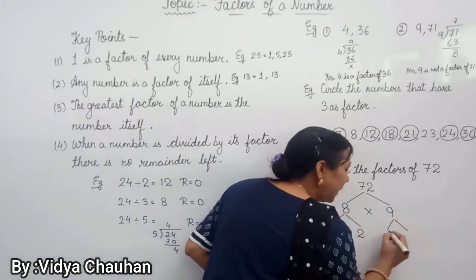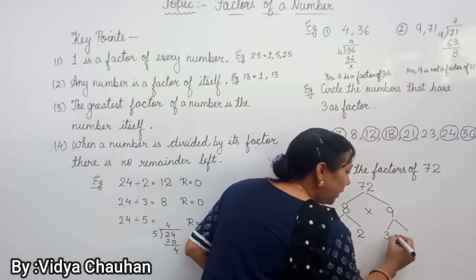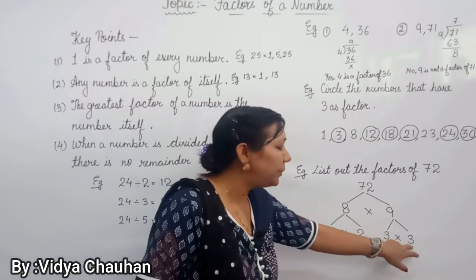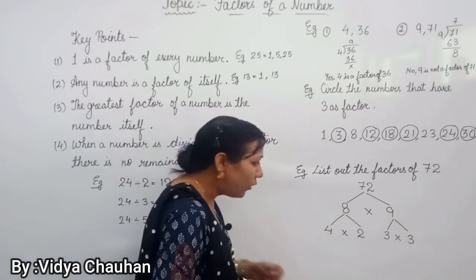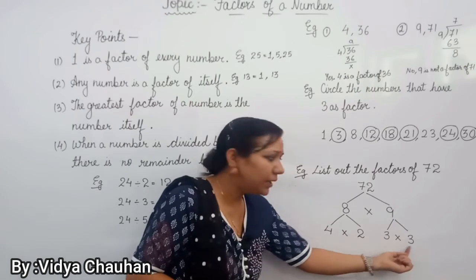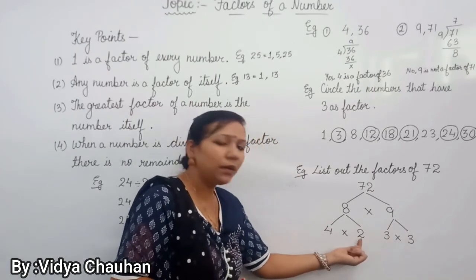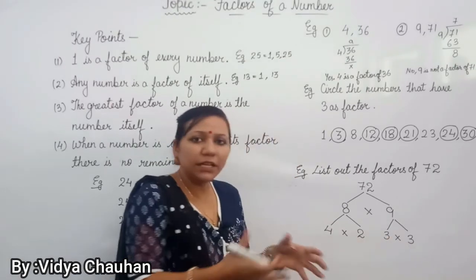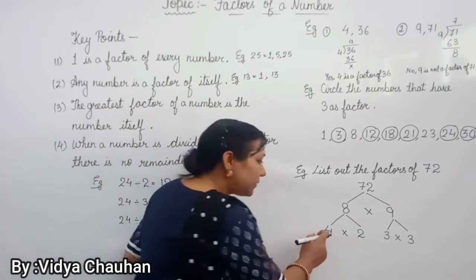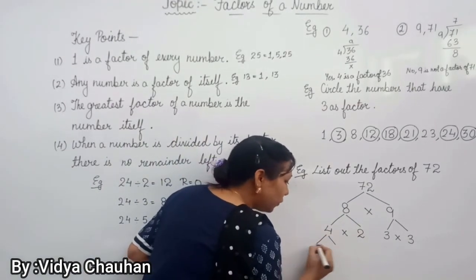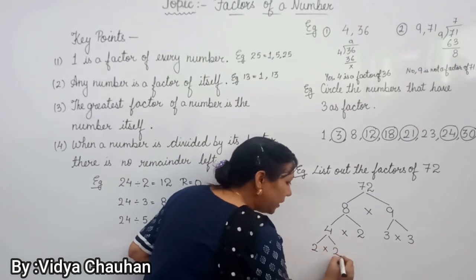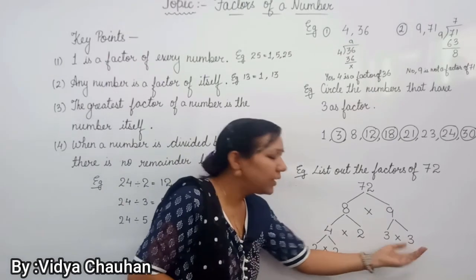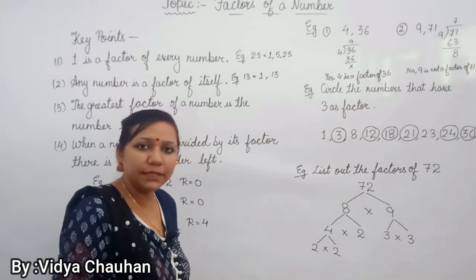Similarly, I can write this 9 as 3 multiplied by 3. So we can write 9 as 3 multiplied by 3. After that, now just check out 3 is a prime number, 3 is again a prime number, this 2 is a prime number. So we cannot further divide these prime numbers into any substituent parts. But yes, we are left with 4 and I can write this 4 as 2 multiplied by 2. Clear? Now all the factors are in the prime format. So that means it is done.